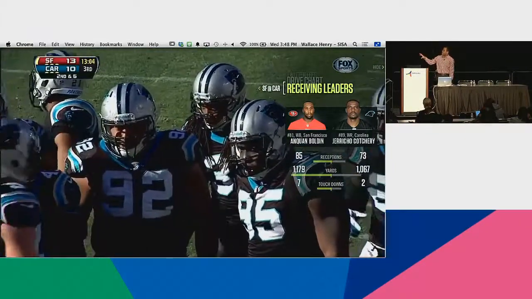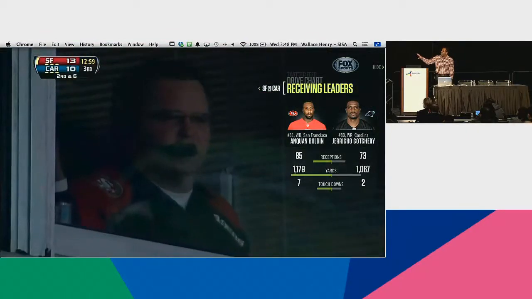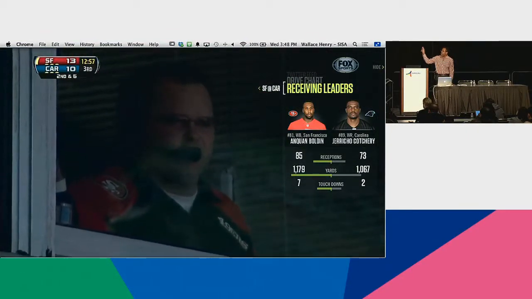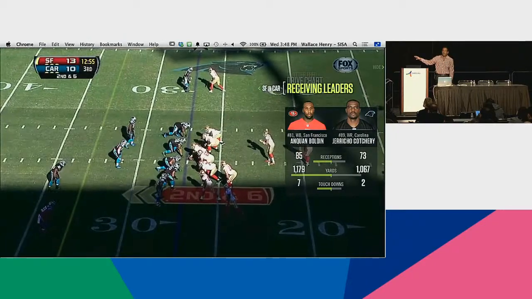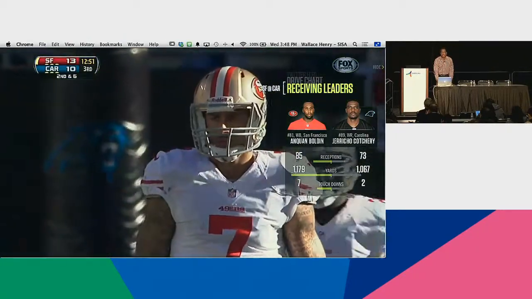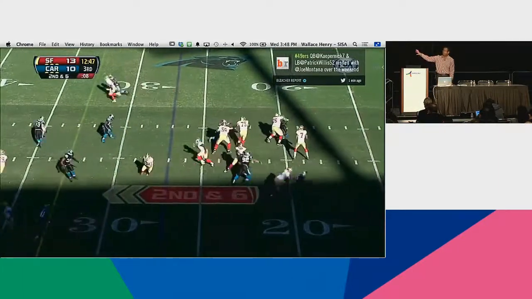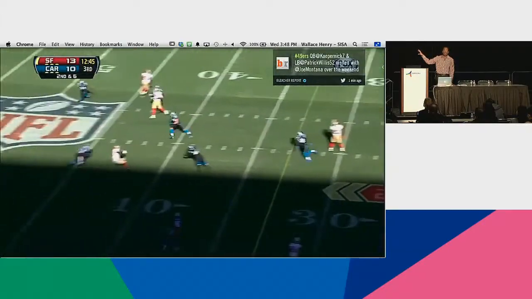But we also had to consider that, what if there's a good play that's going on, and people want to see that, and they really don't want all this junk up on the screen. How could they easily get rid of it? And so we came up with an idea. By navigating to the right, just pressing the right button, it will minimize most of the UI off screen.